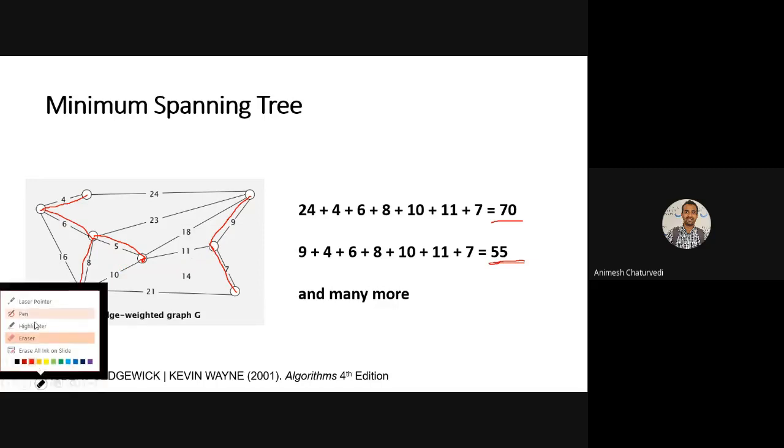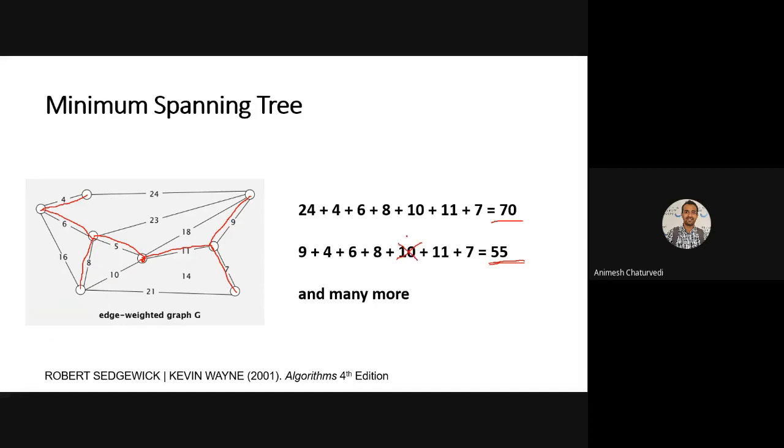Now what happened? You have another spanning tree which actually includes 5 instead of 10. So you have actually removed this 10 and replaced it with 5. So what does it mean? You had a reduction of 5 and this will be 50. So this is what it means by creating a cycle and removing that cycle.